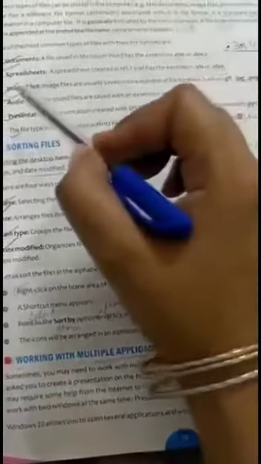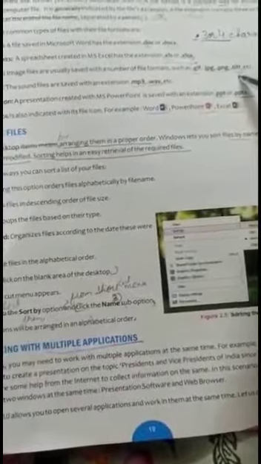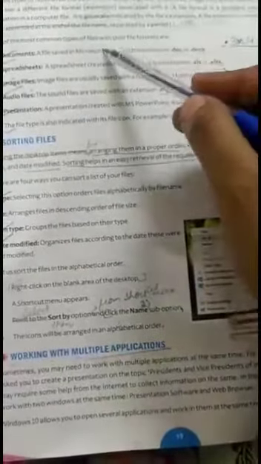Image file. Images are usually saved with a number of file formats: .gif, .jpg, .png, .tiff.